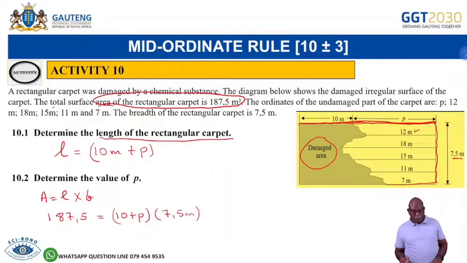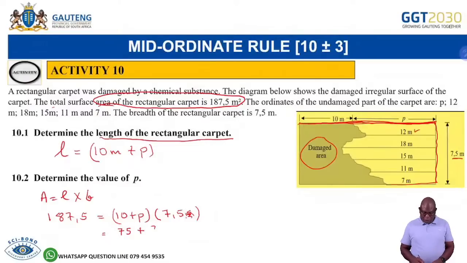Right? Now, to get the value of p, I'll multiply this in, so I'll get 75. It's 7,5 times 10, it's 75, plus, let me remove the m there so that I don't confuse myself, so it's 75 plus 7,5 p,